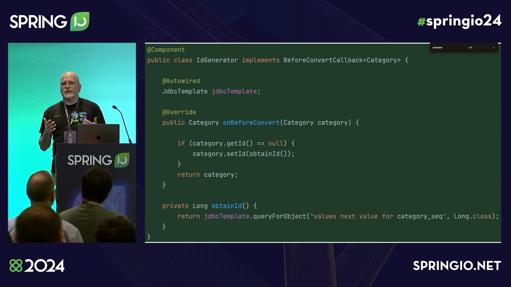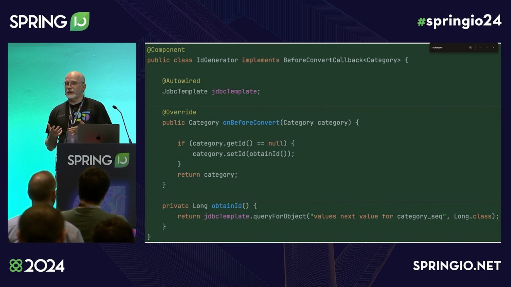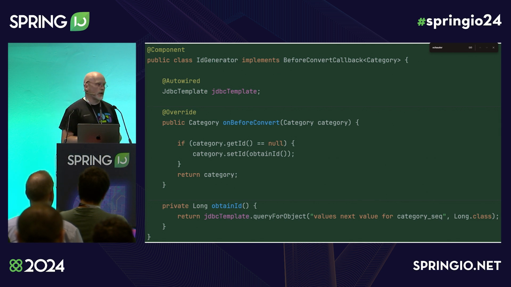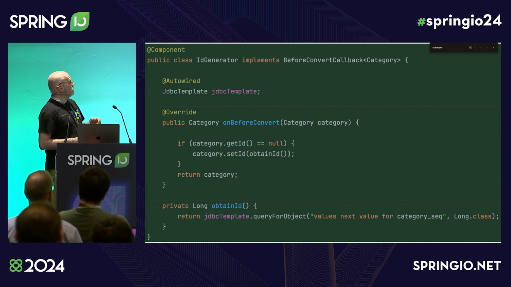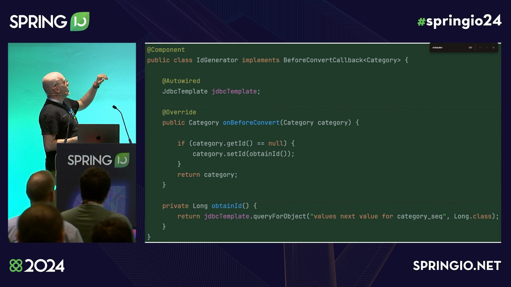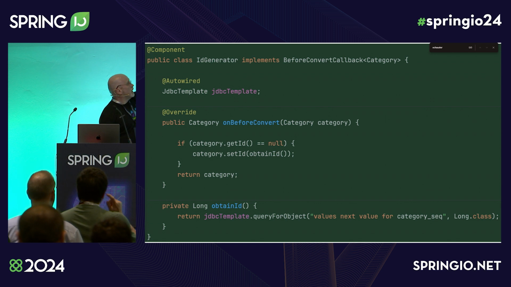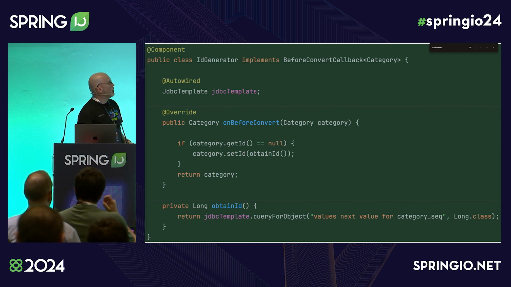But Spring Data JDBC by default expects that the database will create the ID and return it when I insert a data set. If I don't have that, I have to explicitly generate an ID in a listener, or basically a before convert callback